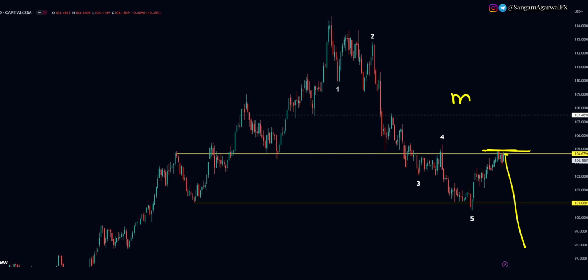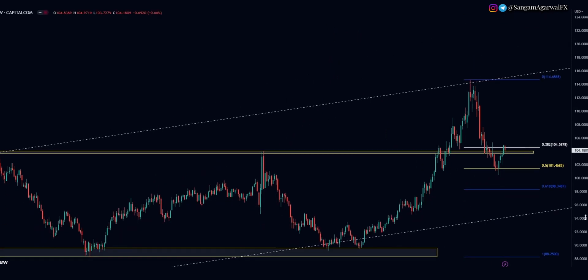And there is not much time for the March FOMC meeting. After the March FOMC meeting, you will get a crystal clear signal for a rate pause. So that announcement can come in the June FOMC meeting, and May will be the last rate hike. So this 104 is still key horizontal resistance, and for the downside target